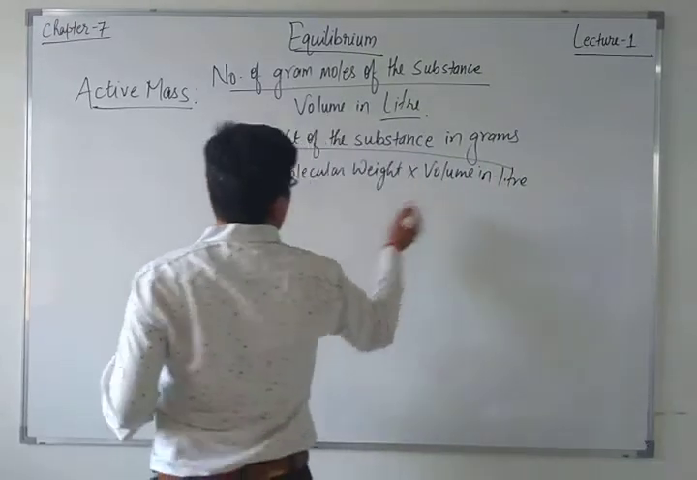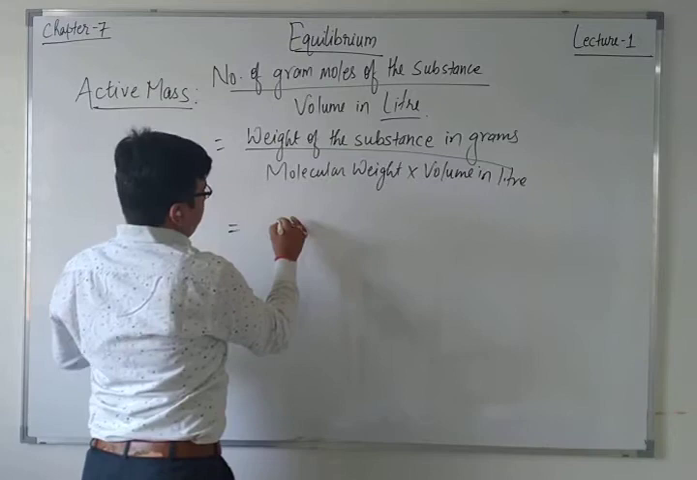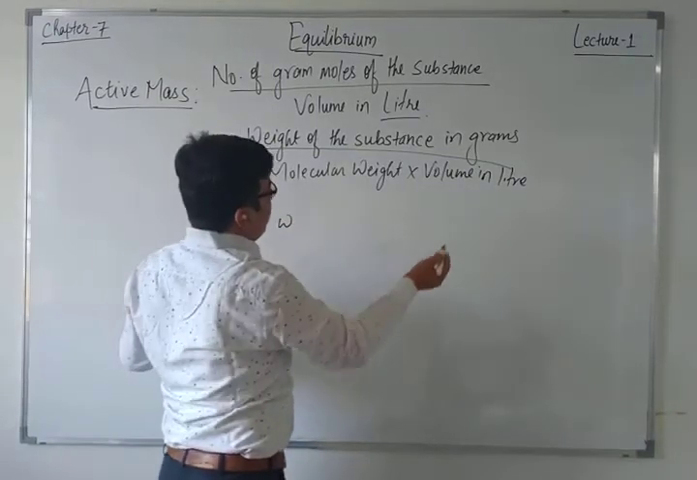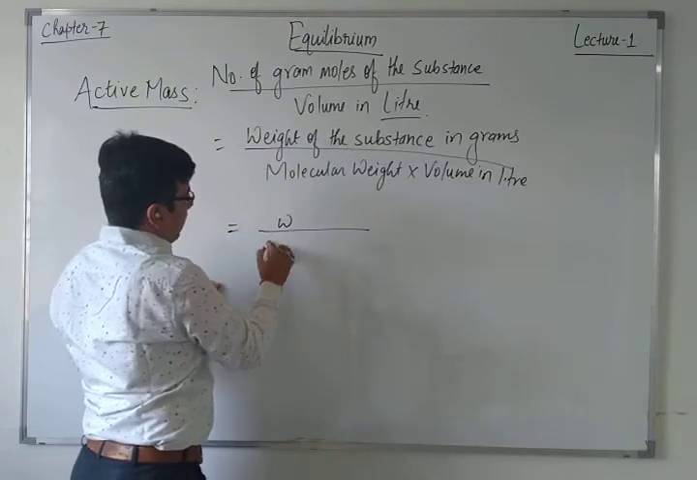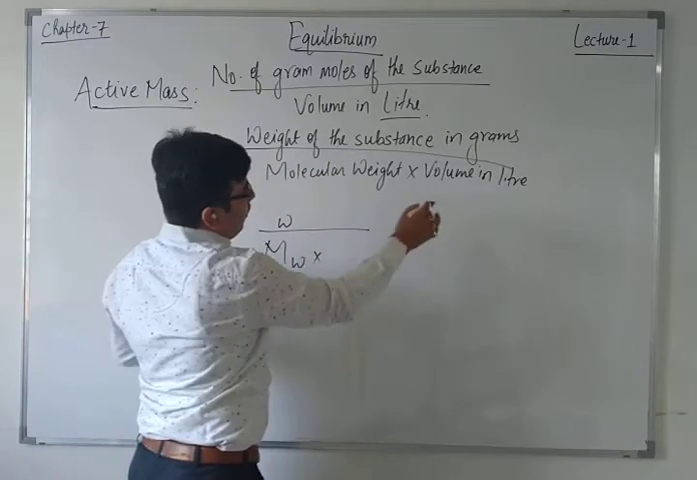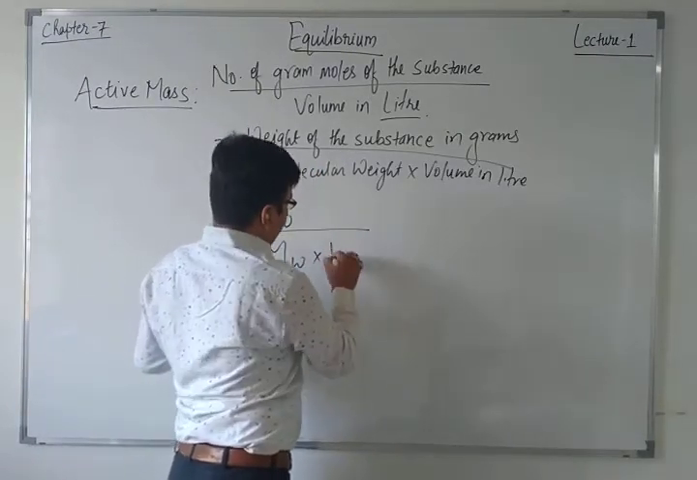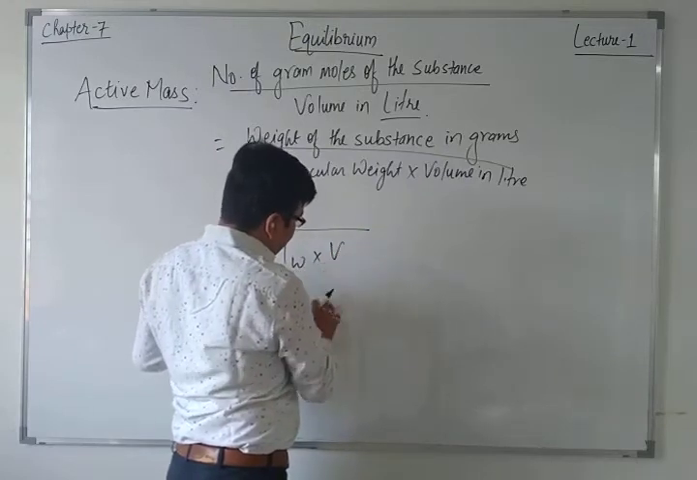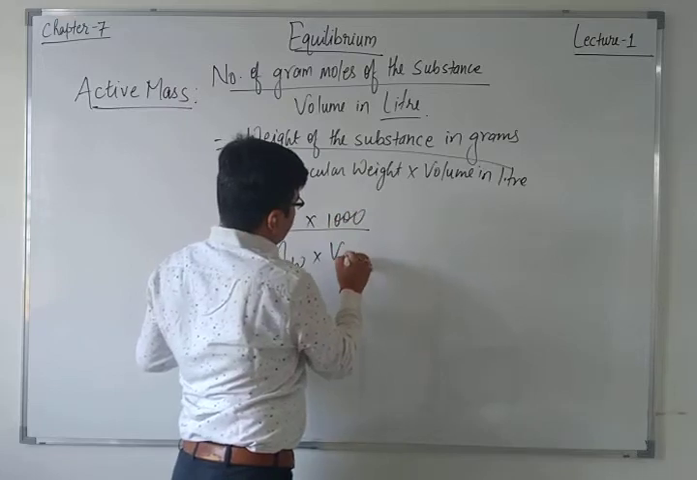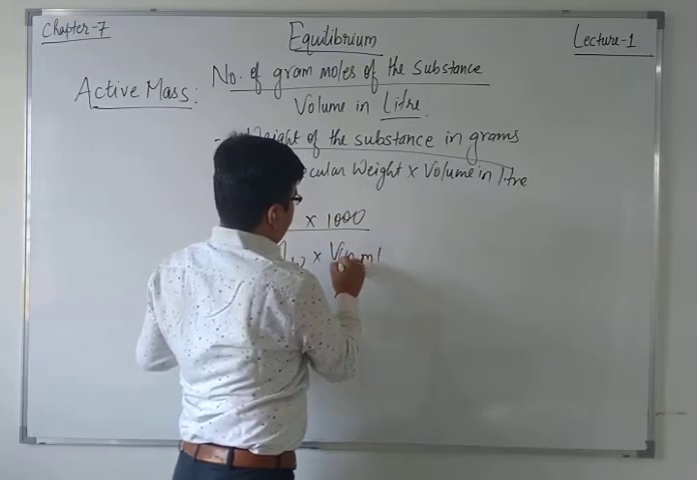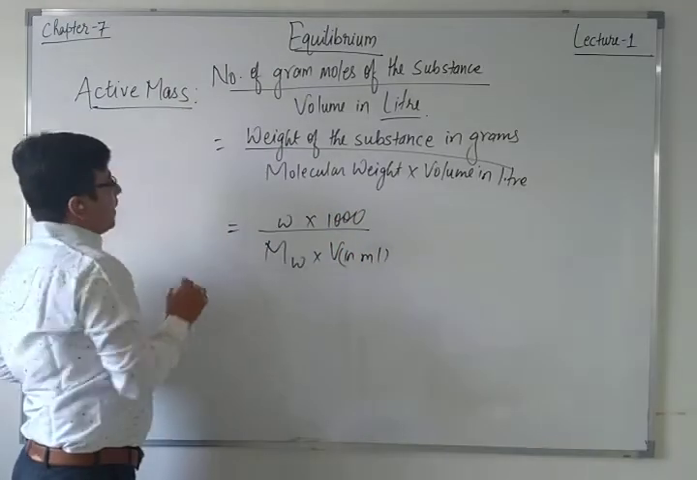Just suppose that the volume is given in milliliter. Okay, so you know very well that here the weight of the substance in gram by molecular weight, into, if the volume is given in milliliter, you have to divide by 1000, so this 1000 will go up. So here, when the volume is in milliliter, the formula of the active mass will be